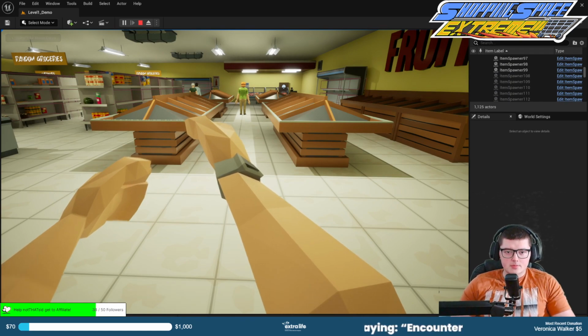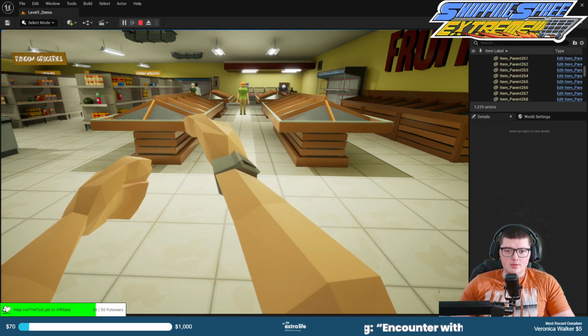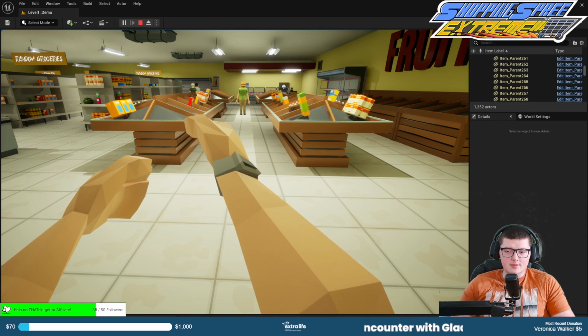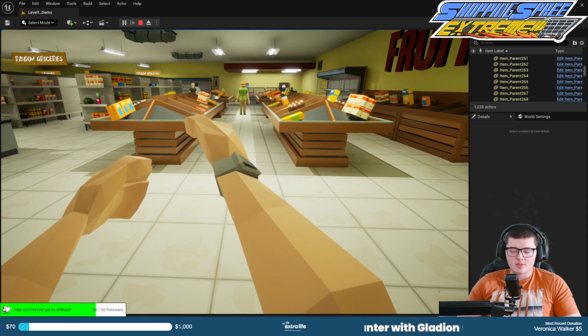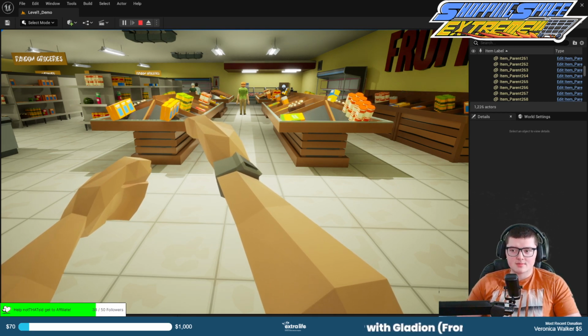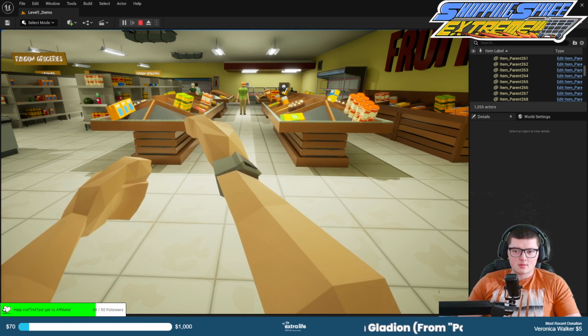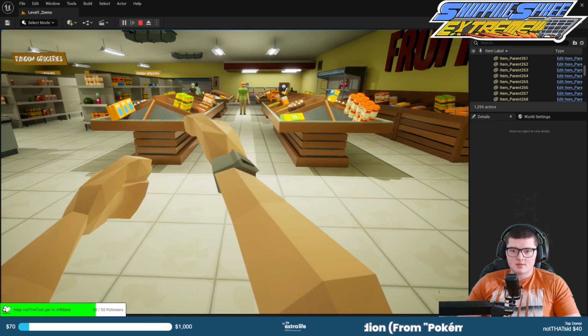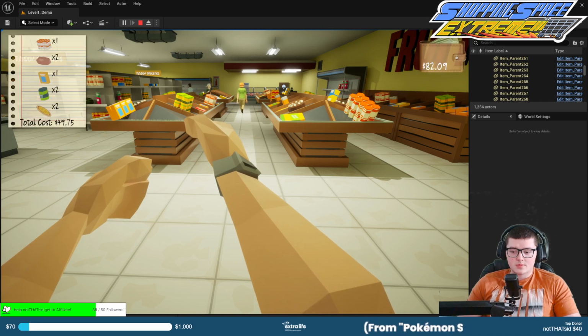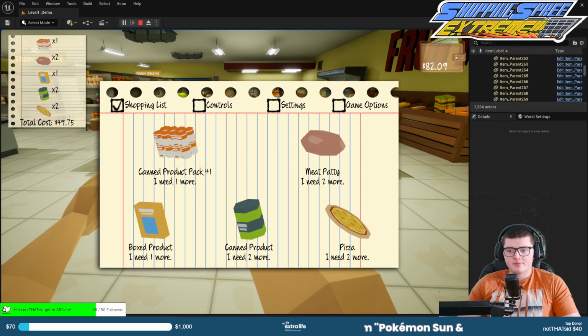Basically all we did with it was give a detailed view of the player's list. Once my list generates here, there it is. Now press P. There's my list, right? It tells you what the items are, gives you a better view of the item you're looking for, and tells you how many you need. Now, this is all good, but